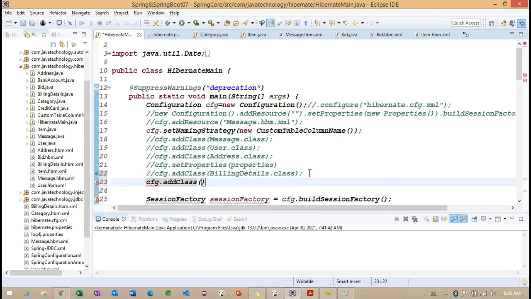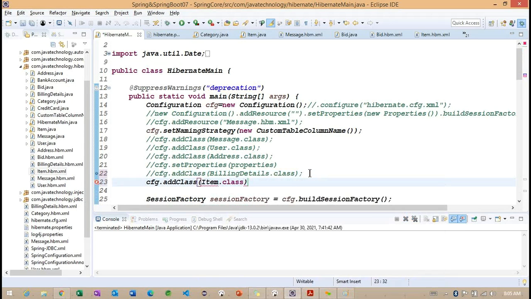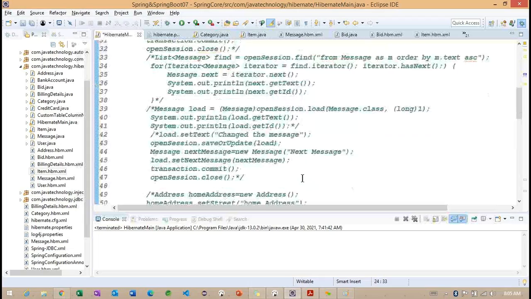Here also I want to comment this. CFG dot add class, item dot class, and CFG dot add class, bid dot class. These two we need to specify.